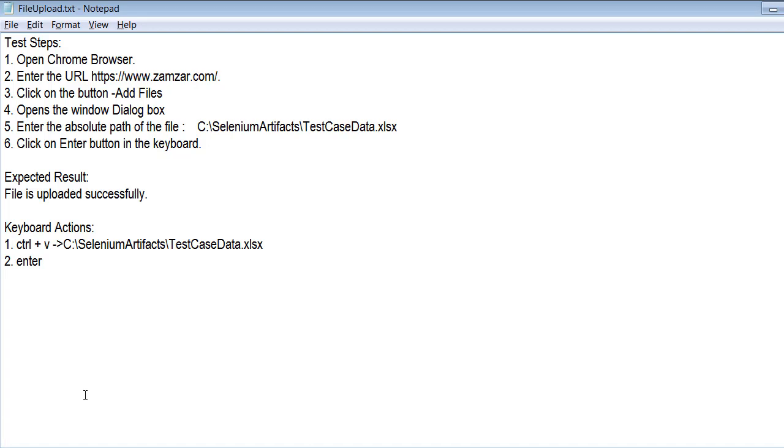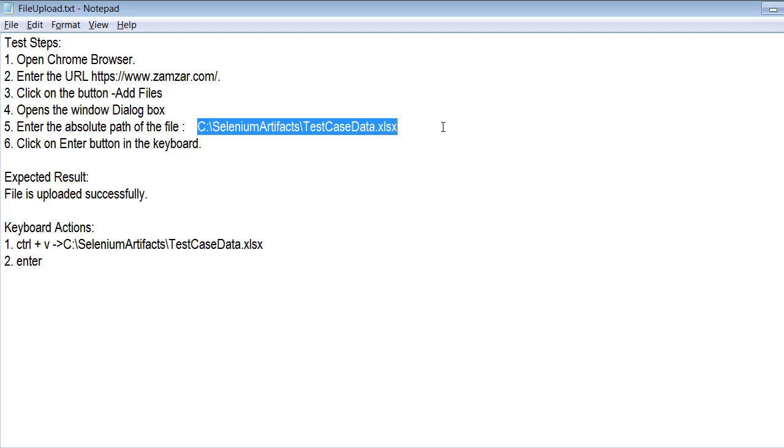And also one more thing, whenever we copy anything, it will be copied to the clipboard. It's a temporary place where whatever we copy will be stored. So we have to use the clipboard concept to retrieve this value.